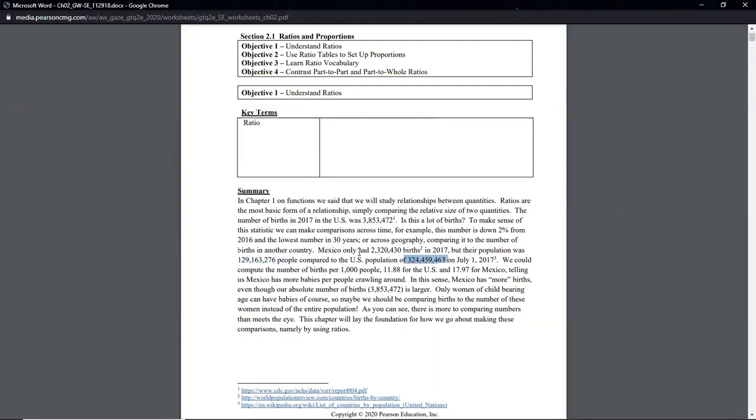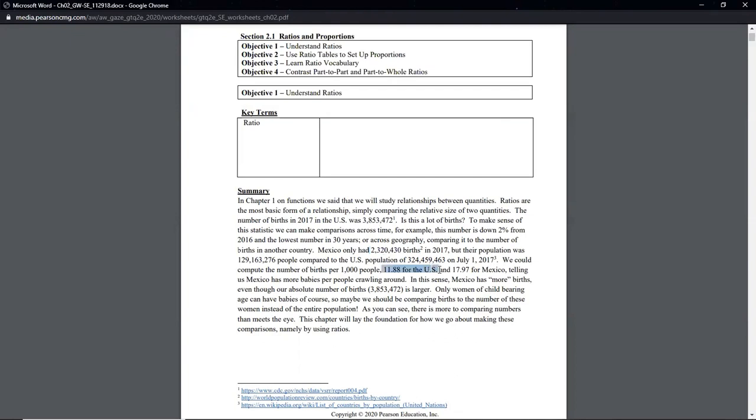So the US has about, I'm rounding, 3 times as many people, and yet their number of births, 3.8 million versus 2.3, is not 3 times as many. If they were, this would be in the 6 or 7 million ballpark, but it's about half of that, roughly, the 7 million, that is to say. So this isn't really a proportional relationship when you just wanted to say, you know, US to Mexico versus their birth rates. When you look at them as singular proportions, the US alone and Mexico alone,